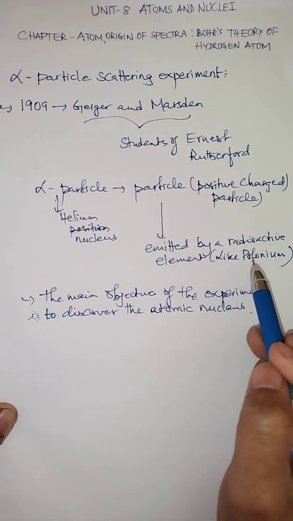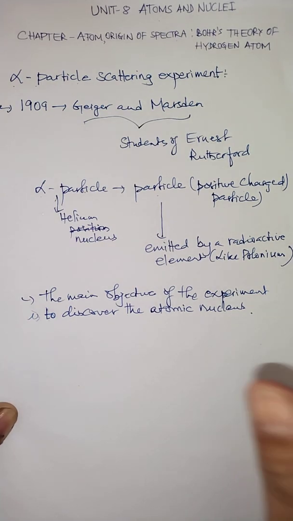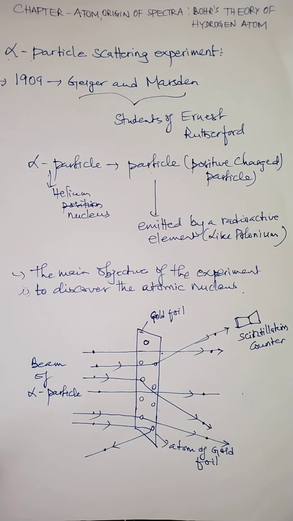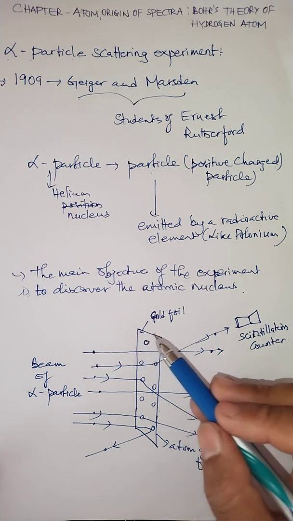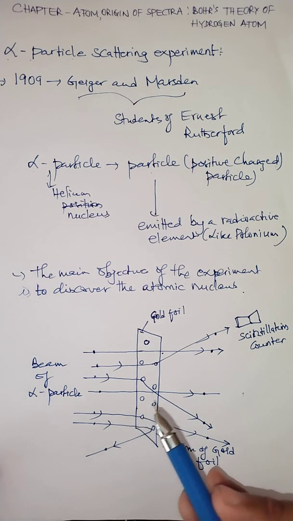So, as I said already, they took a radioactive source, the element called polonium. From there the alpha particles were made to fall on a very thin foil, called gold metal foil. Gold is such a metal which can be drawn into a very thin sheet, because metals have a number of properties, and one of them is malleability. That means metal can be drawn into a thin sheet. As for the arrangement done by these two scientists, Geiger and Marsden, they took a very thin sheet of gold foil, and they made the